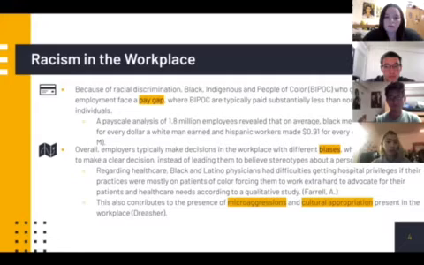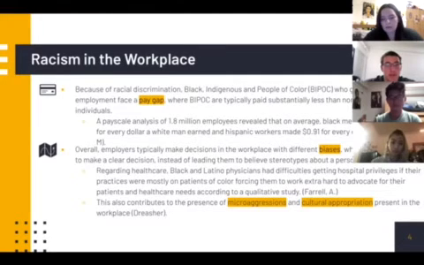Although there's a lot of statistics and data on discrimination, they aren't always accurate. Individuals can hold certain racist beliefs or biases, but not do certain things that would directly be considered racial discrimination. This makes it harder to identify biases and makes room for more excuses on why racial discrimination occurs in the workplace.